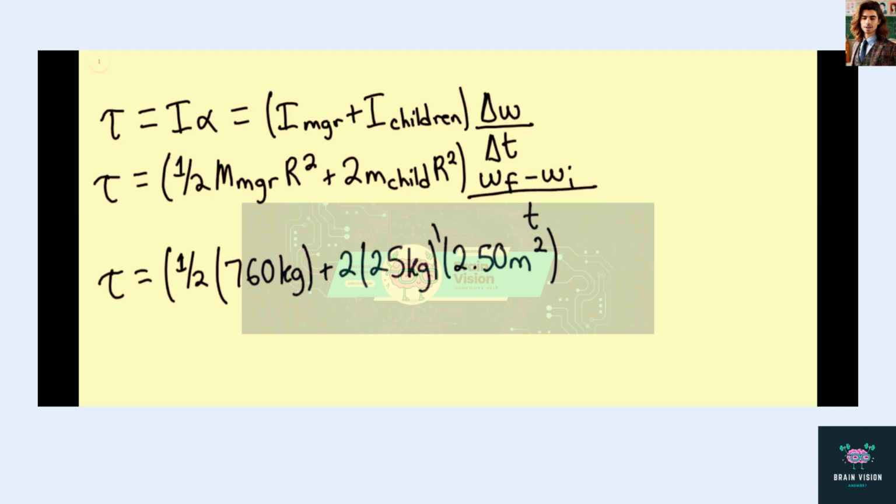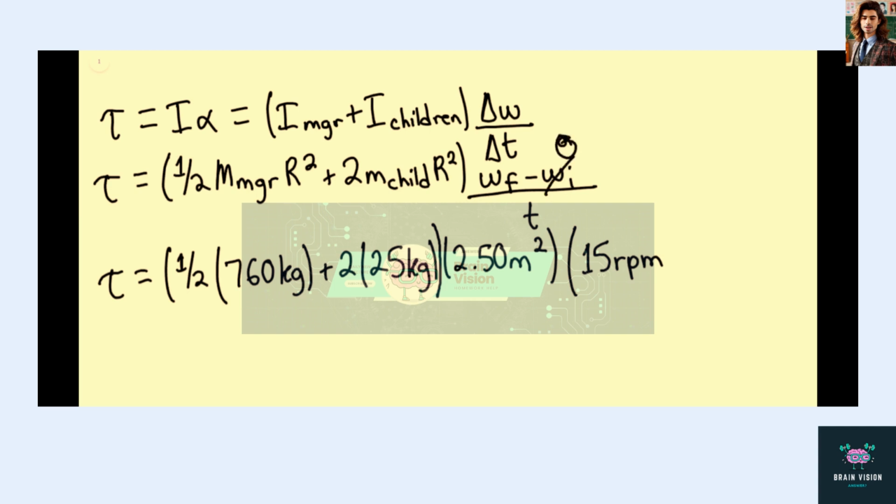We're going to factor out 2.5 meters because the r squared term occurs in both of these terms. Therefore, we can factor out the r squared term, and then again multiplied by 15 revolutions per minute, knowing that the initial velocity would be 0,